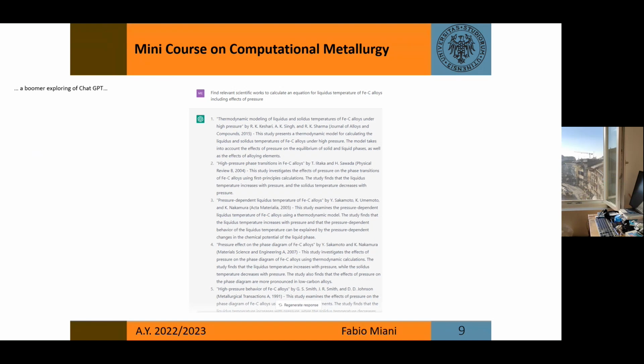I should check it, but probably, and this is the point that we have seen, not all the papers that are quoted here could be real. We should check ourselves using Scopus, Google Scholar, whatever, to check if the response is a real one or it is a good approximation, but it is not the right answer.